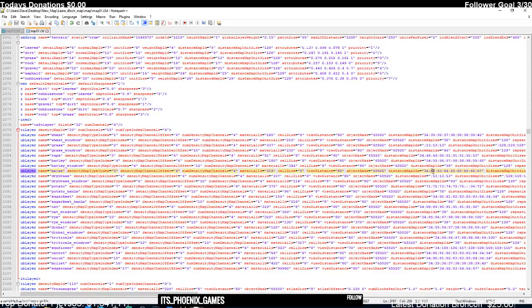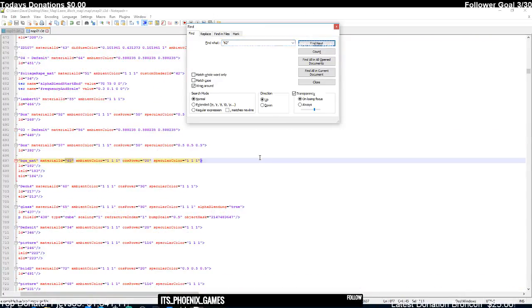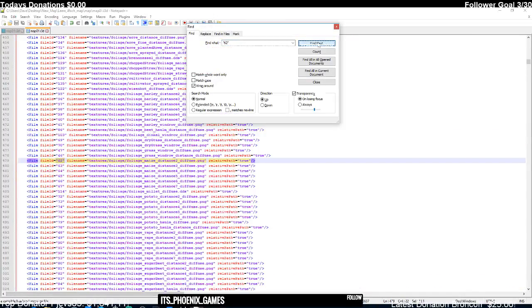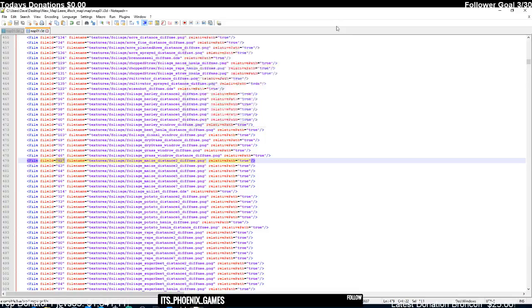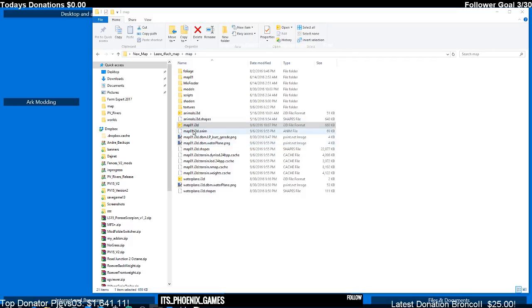Those all point to files like 62, just to remind you real quick. If we do a search for that 62 in quotation marks and go upwards, it's going to point to these files, and it is the maize distance diffuse 2 and 3 and 4 and 5, 6. So all the maize, and it's basically sugarcane is using it, and that is a good way to do things